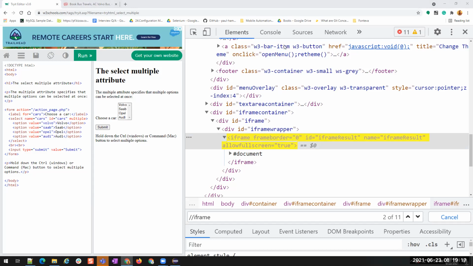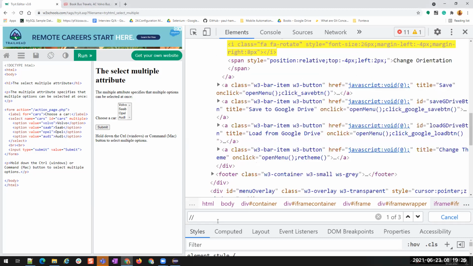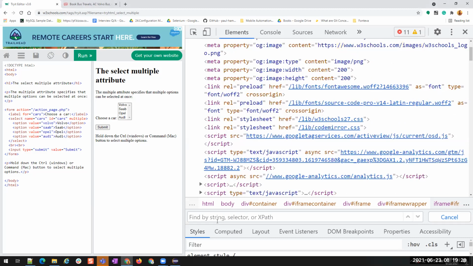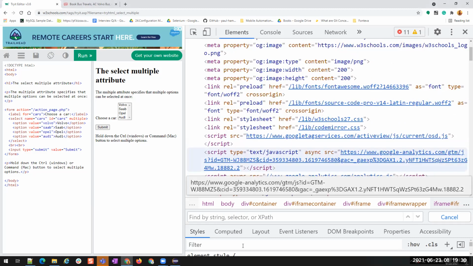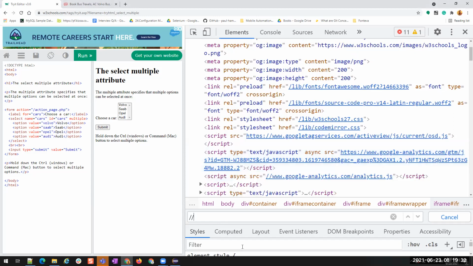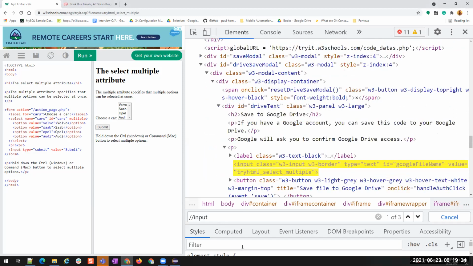Babu, you are again asking the basic concept that we already did. When we wrote XPath, forget about iframe. Any element, if you want to find an element, for example, here itself, if I want to find an element called input, I will write /input. How many input elements are there here? 3 elements.